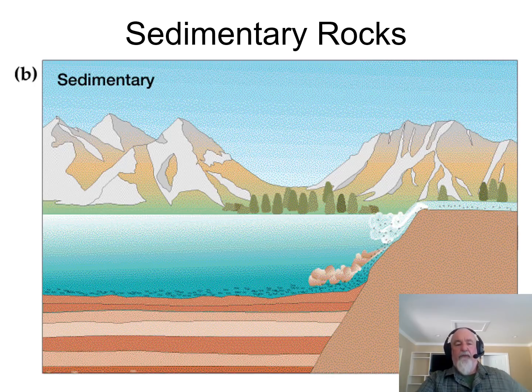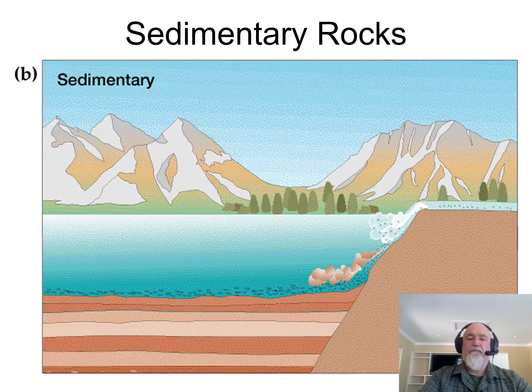So again, another view of this from an older textbook. These mountains get weathered and eroded, providing the source of the sediment. Those are washed downhill, maybe into a river, and that river empties down into a sedimentary basin, like it could be a riverbed, it could be a lake, it could be the ocean ultimately. And so piles and piles and piles of these layers press down on the ones below,